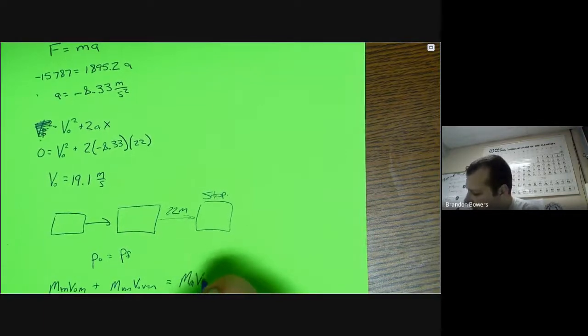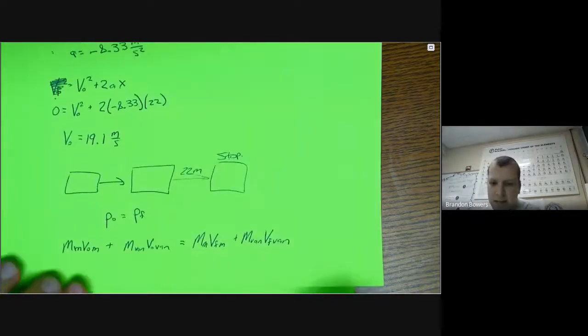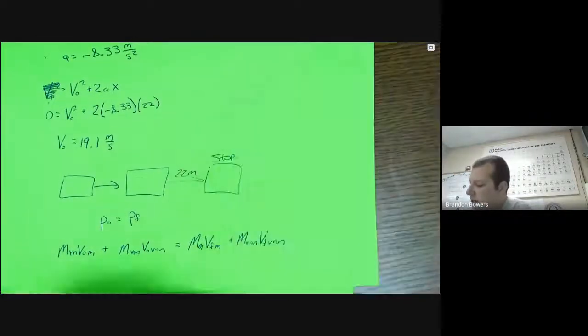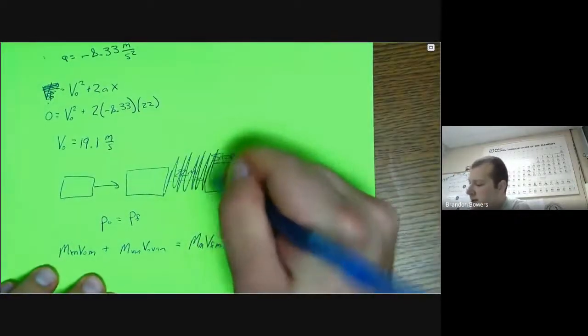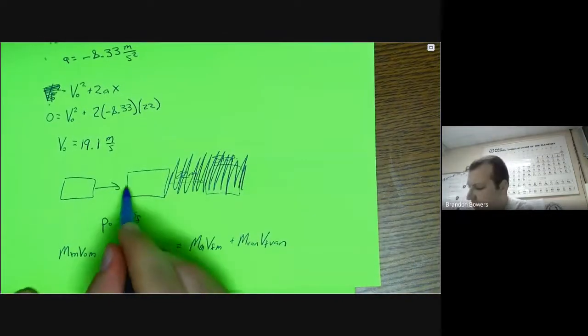Mustang, final velocity of the Mustang, plus mass of the van, final velocity of the van. Okay. So when we're looking only at this collision now, we're not worried about anything else. We are only focused on the moment of impact. So right there,